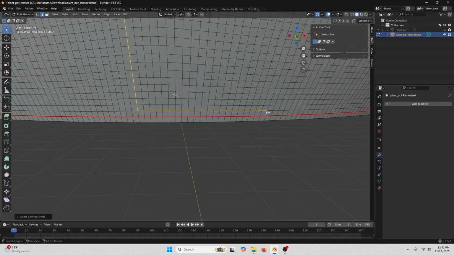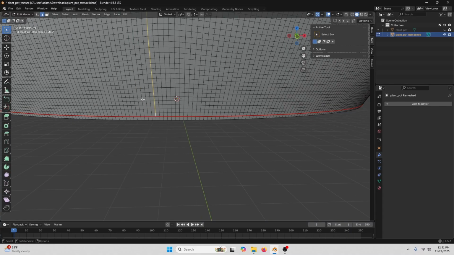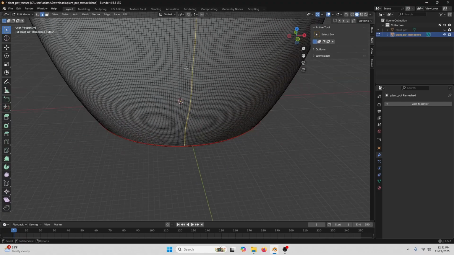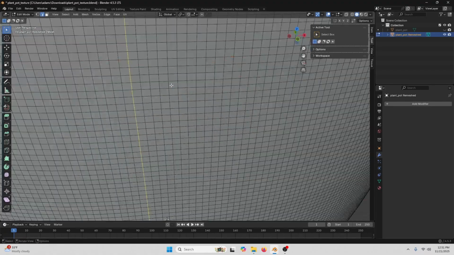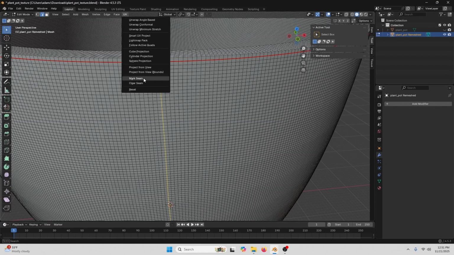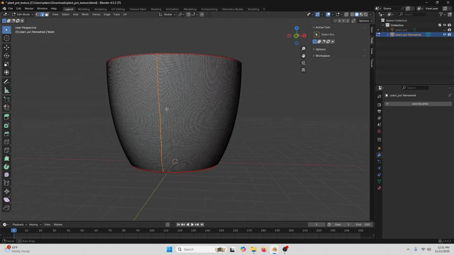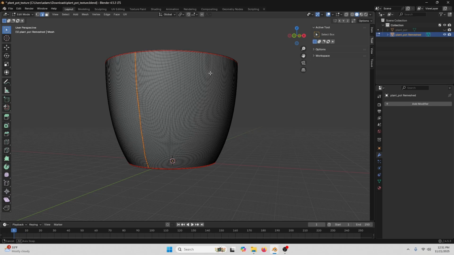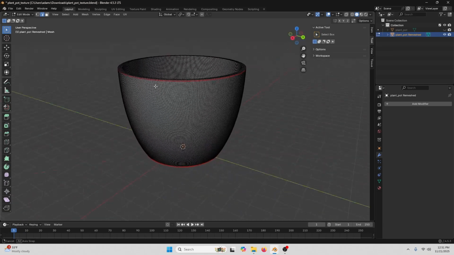So we'll hold shift and we'll just deselect each one of these. You could also hold Control and box unselect these. So I've selected this one long edge all the way up here. Now we go to UV, mark seam. And there we go. Our seam is marked. Everything is ready for